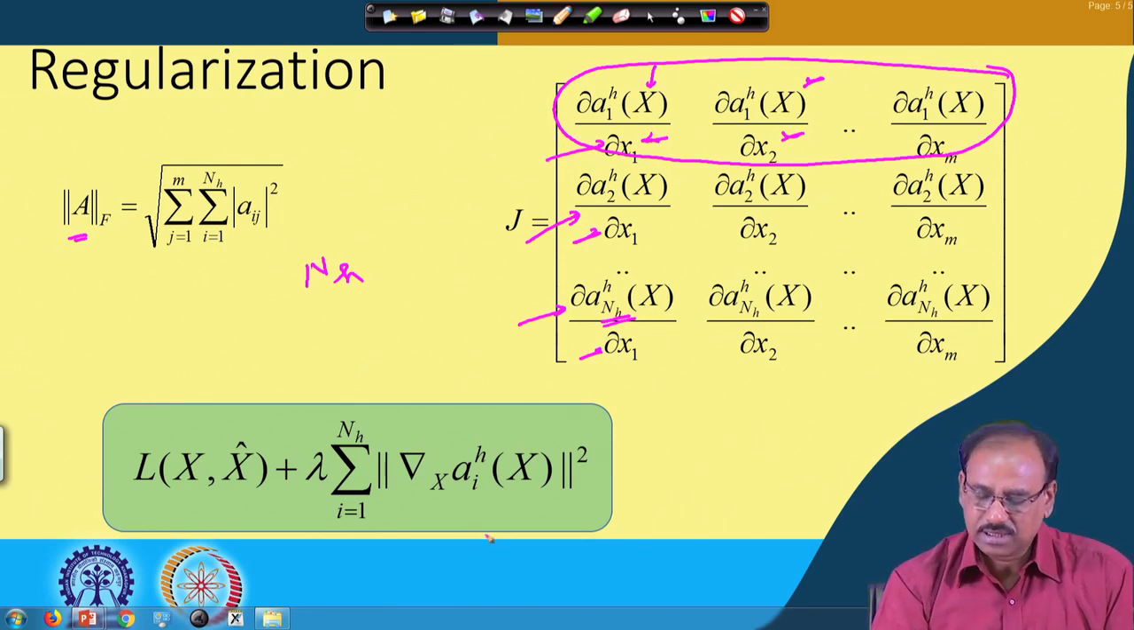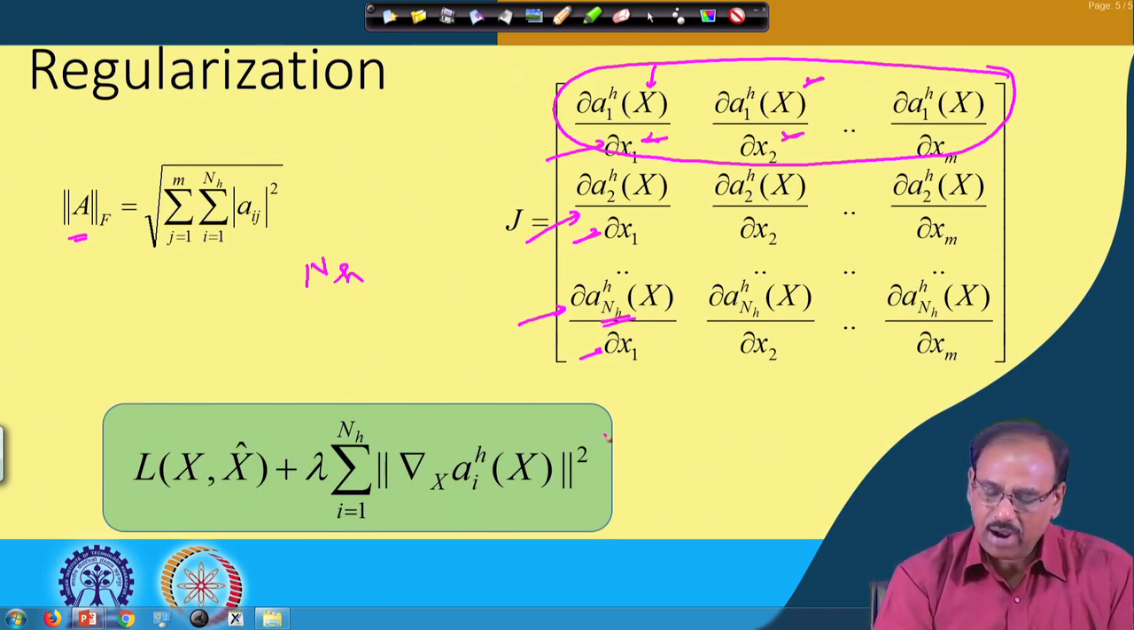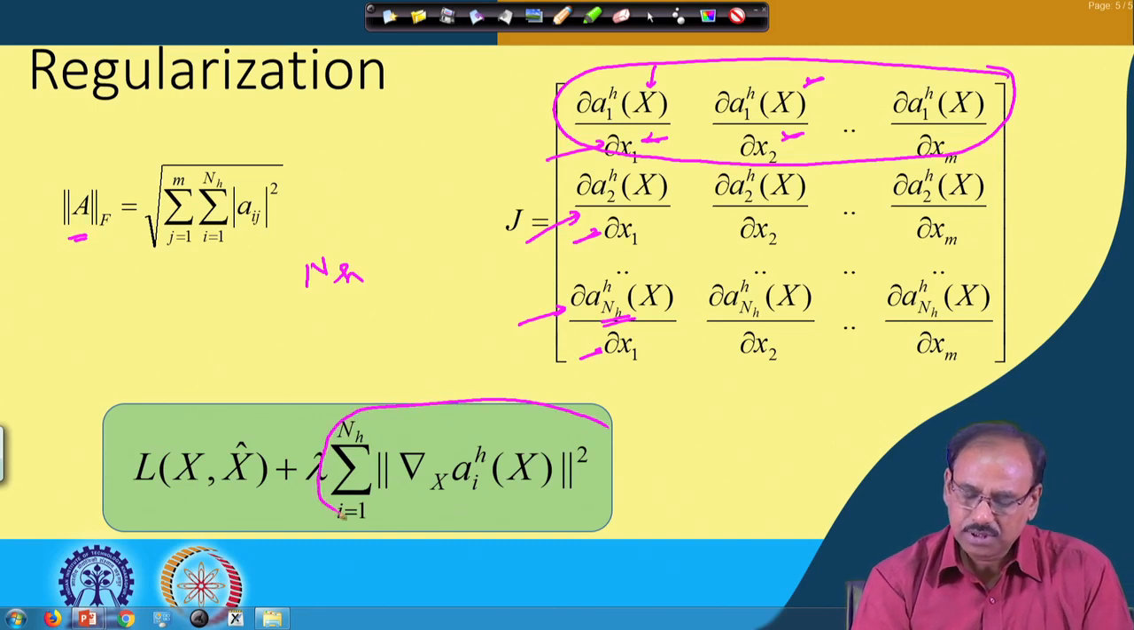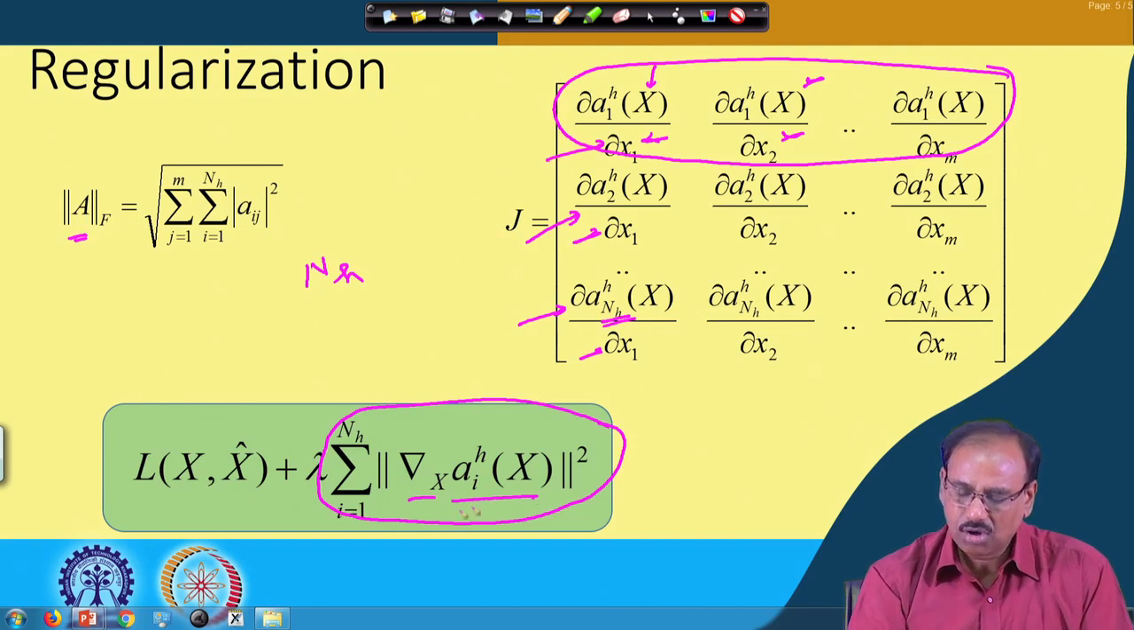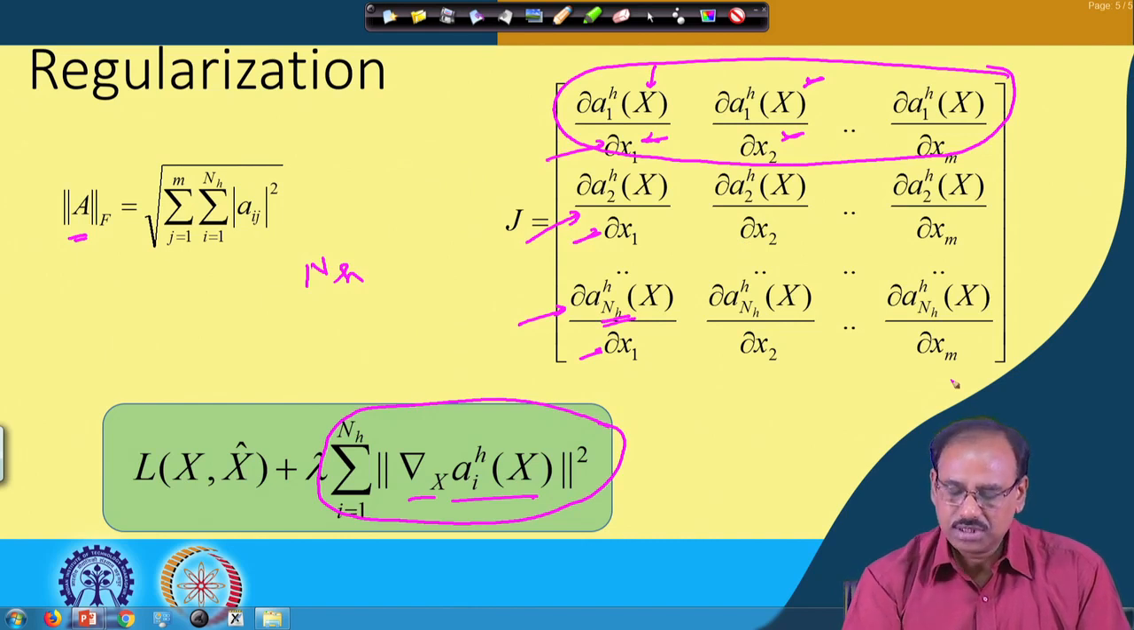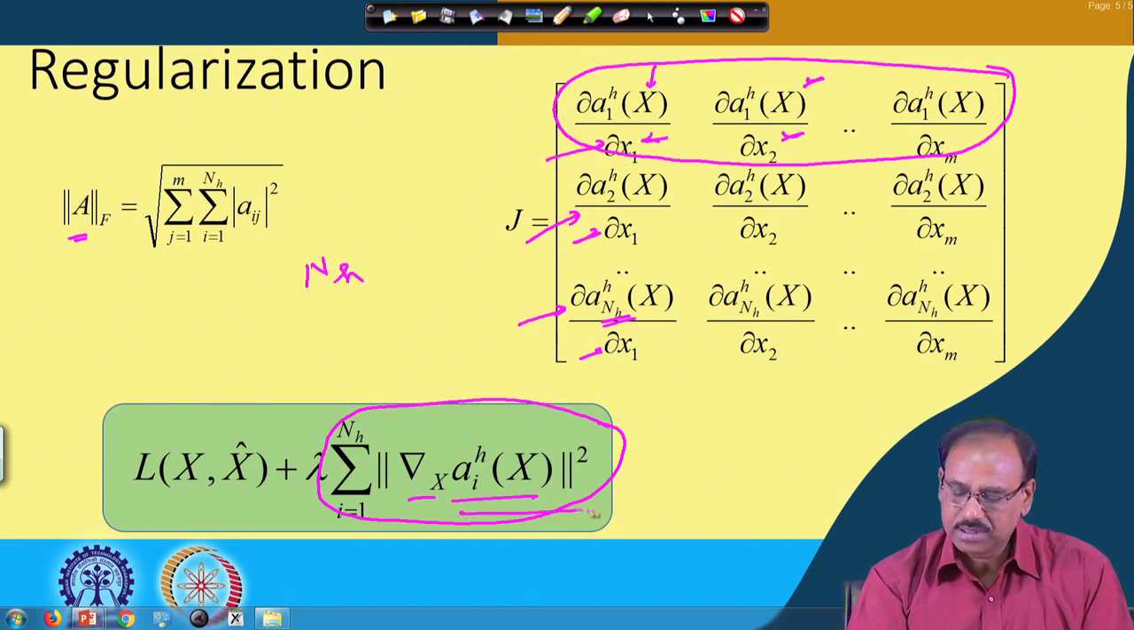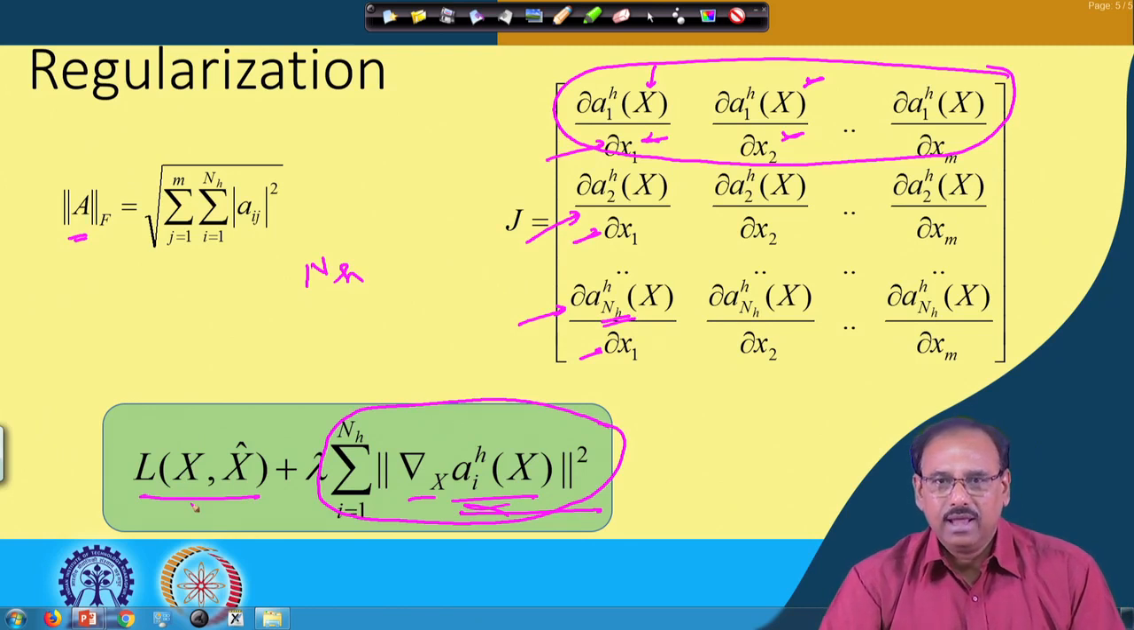And my regularization term now becomes the squared Frobenius norm of this Jacobian matrix. So, you find that these del A_i^h(x) upon del x_j terms are nothing but components of this Jacobian matrix. So, this is my regularization term. My backpropagation learning algorithm now should try to minimize this along with the data loss that I have, which is L(x, x hat),